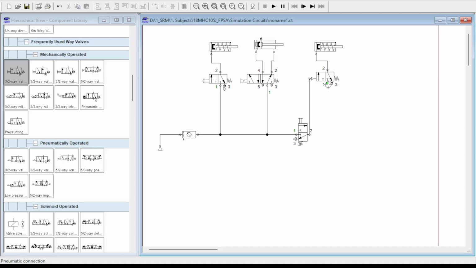Now, this cylinder will also require air supply, and because it is a simulation environment, you can give it through a separate air source or you can make use of the same air supply unit itself.